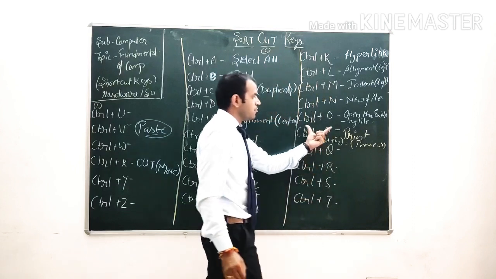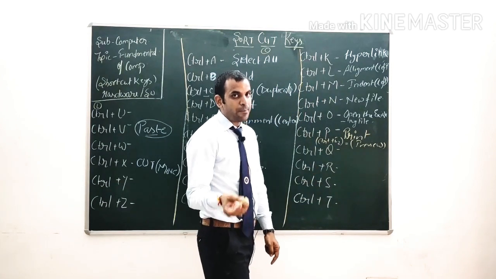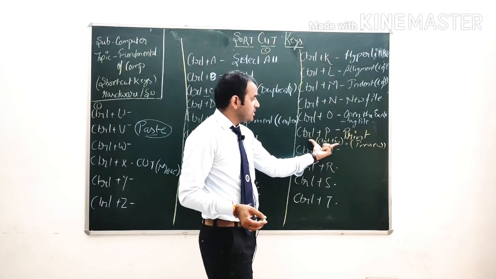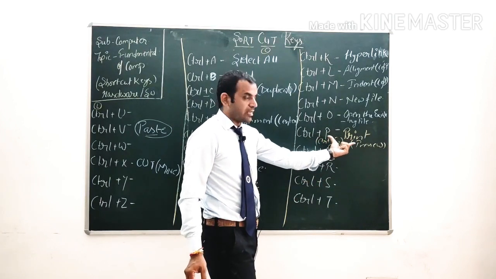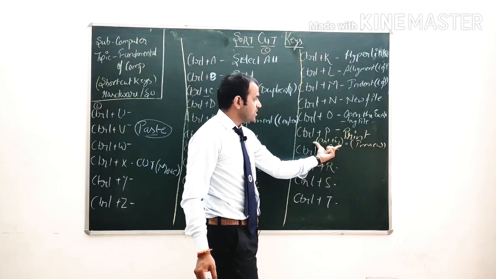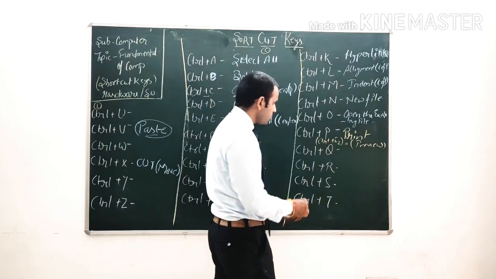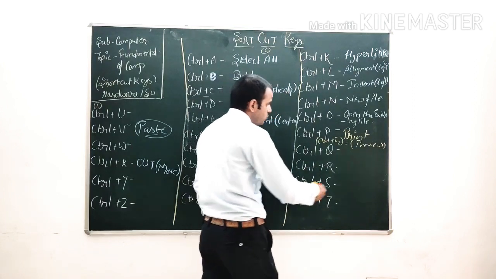Okay. Before printing, if you want to see how the printout will appear on the page, then you will check your printout before printing. It is called the preview. So this is the shortcut key to check your preview, Control plus F2. Next one is Control plus Q for